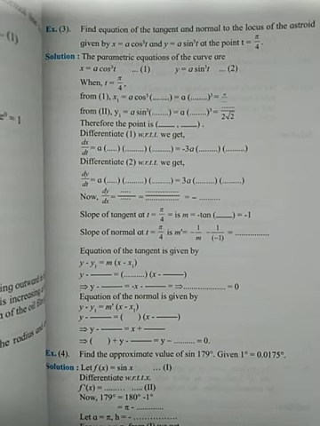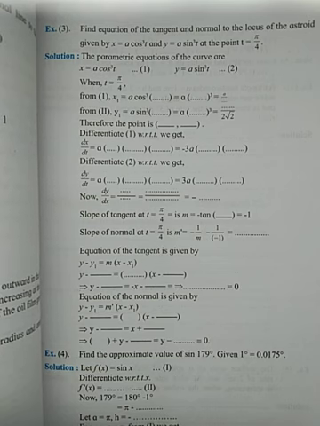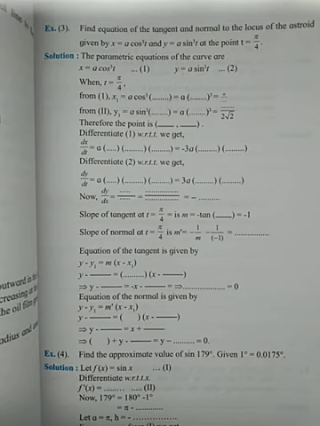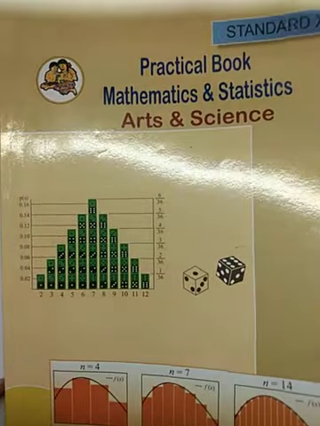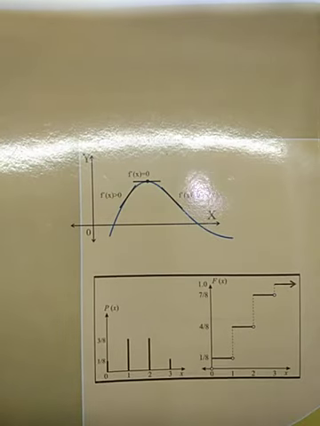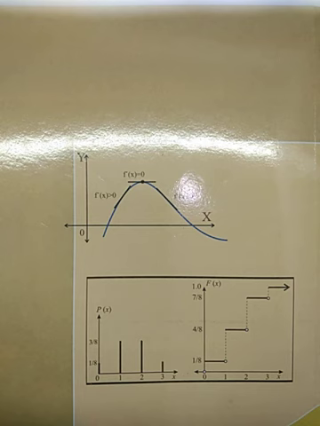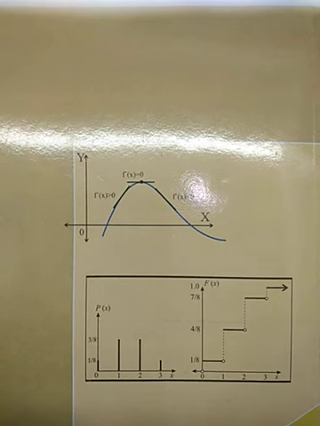Remaining all problems you are supposed to solve and complete. In practicals 1 and 2 I have solved every problem, even though there are also a few problems which are reduced. You write it down as it is. Is it clear? Please take this book only. This is the last page, the cover page of the handbook, and there is no need to purchase any journal.